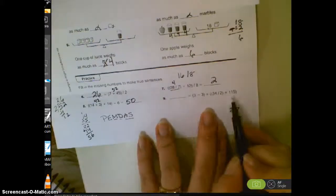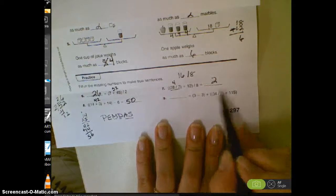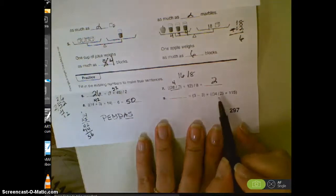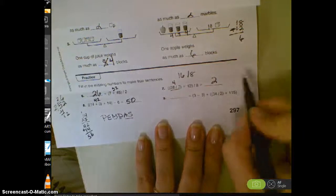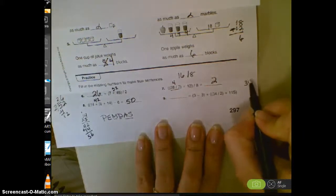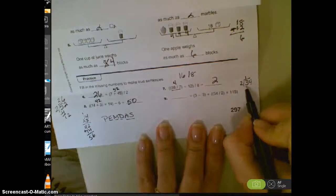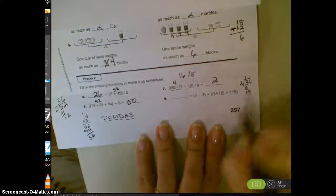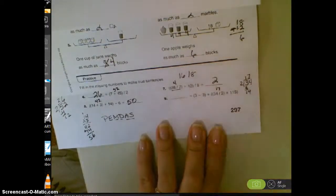Our last one over here, again, we've got a set of parentheses, and here are our nested parentheses. We have to do the inmost one first and then work our way out. 34 divided by 2. I bet some of you can do this one mentally. Let's see, 17, and then we need to multiply 17 times